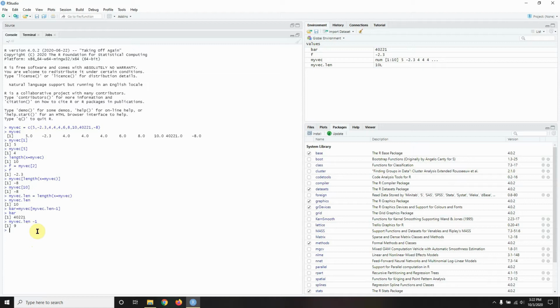So what this means is, let A equal the number 1 through the maximum number of values in this vector. So we're going to be using my vec dot length again,